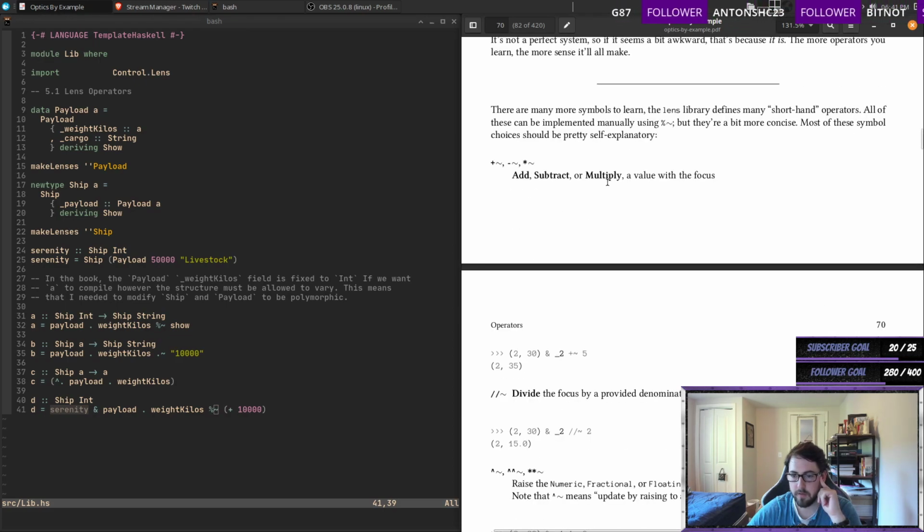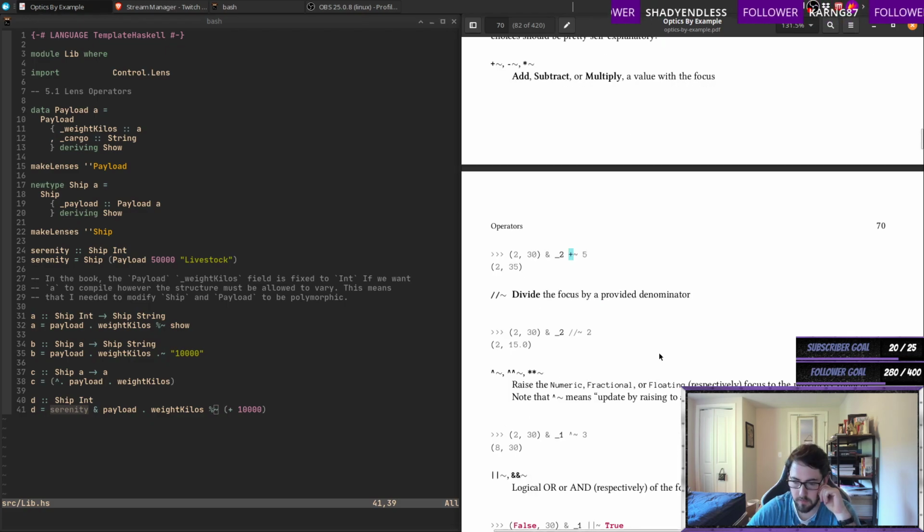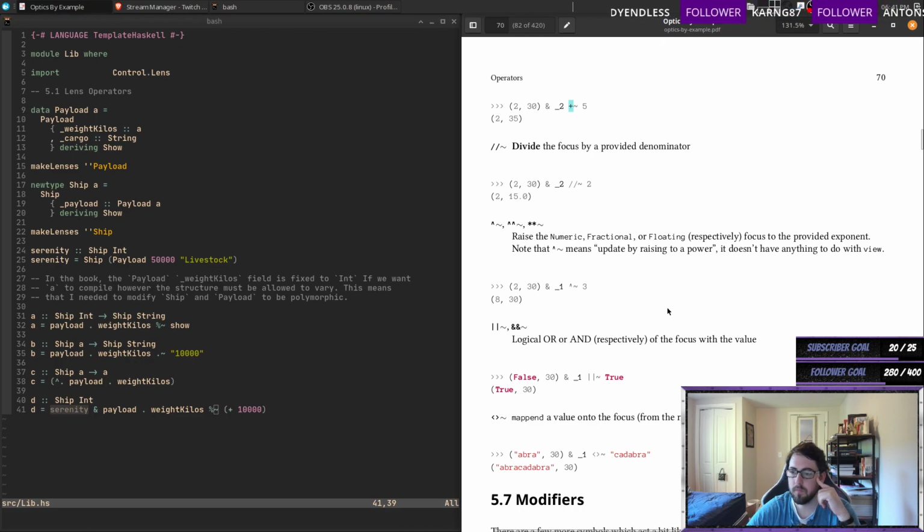All right, so add, subtract, or multiply is like setting. So this thing on the right means some kind of update, and the thing on the left, it just turns it into like a +5 section. That's cool. Divide the focus by a provided denominator. Okay, neat. Raise the numeric fractional or floating focus to the provided exponent. Note that caret